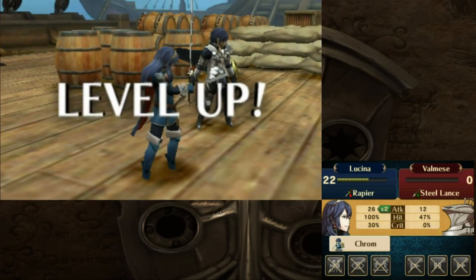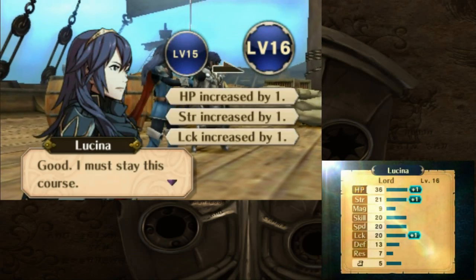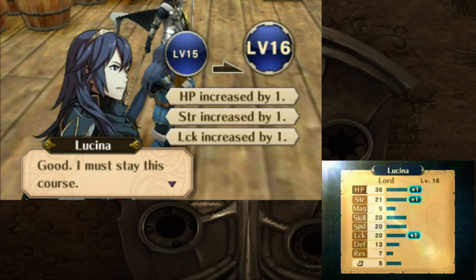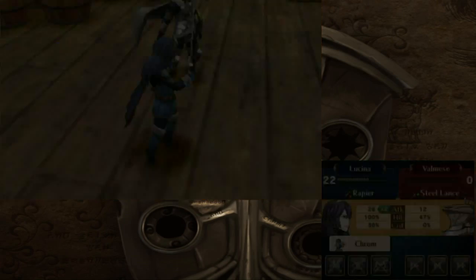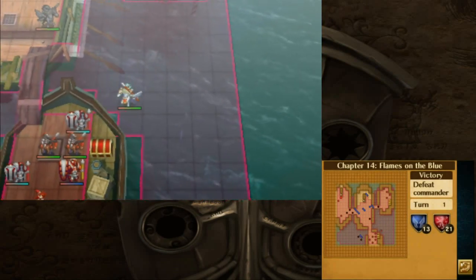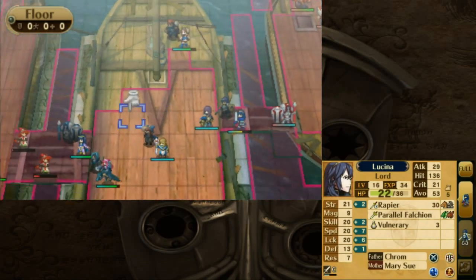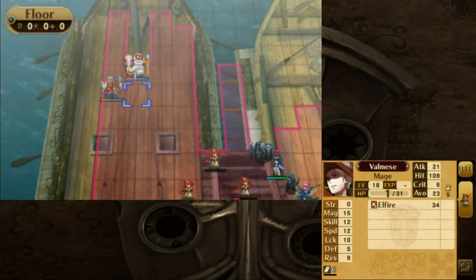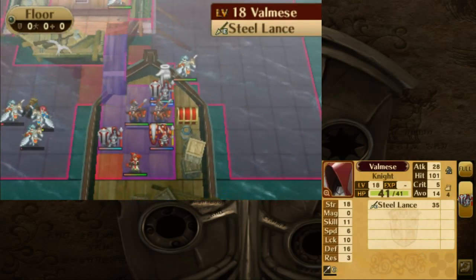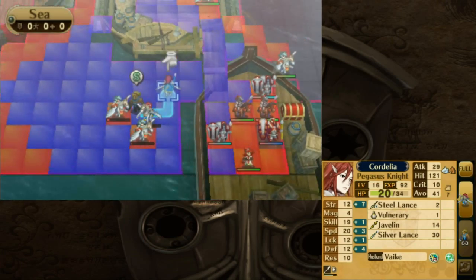Okay, Lucina's going to be ready to promote very soon, actually. If you look at this, Lucina is level 16, and she already has better stats than Chrom had at level 20. So that just goes to show how overpowered the children characters are in this game. And of course, the enemies who can't attack anyone are the last to move. Now, there are very few enemies. We cleared out quite a lot of them early on, but the enemies here will actually be moving quite soon. Until then, though...